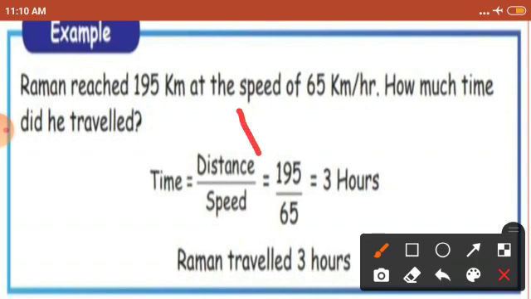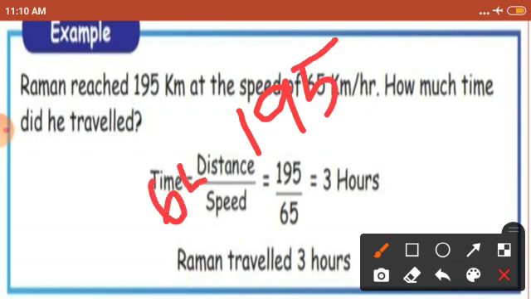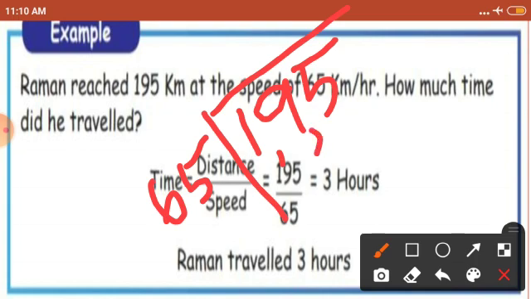So in the long division method, this numerator 195 will become the dividend and the denominator 65 will become the divisor. Now, dividend, take the first number 1. You can't divide it. Let's take the second number together. Now this will become 19. Now also you can't divide it because this 19 is actually less than 65, so we will move to the next number, that is 5. When we take these three numbers together, we get 195. Now you can divide this number.